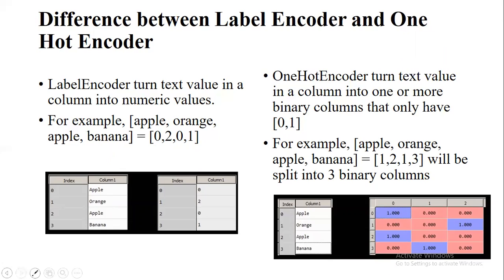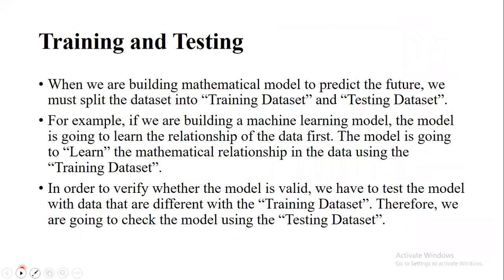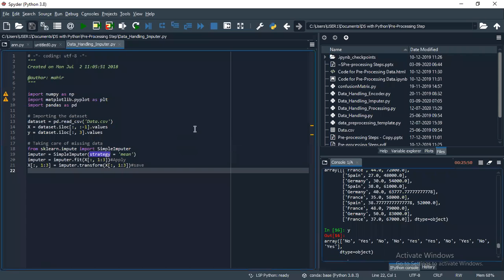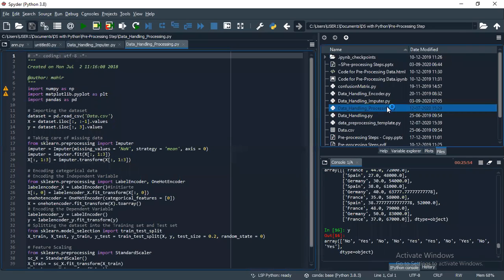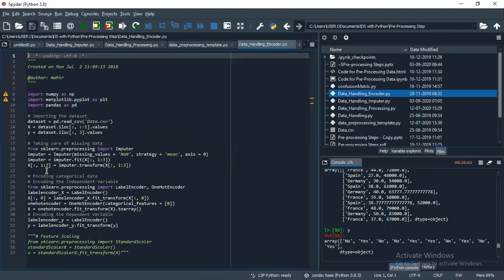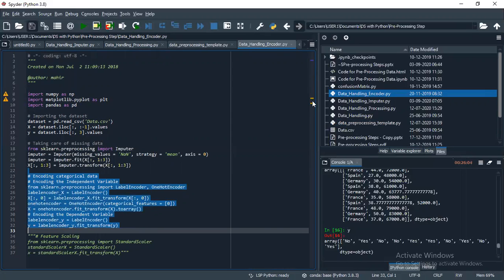So the next thing is, let's see how to apply label encoder and one hot encoder. I'm just going here. Let me open. Yeah, so this is your label encoder, one hot encoder concept here.